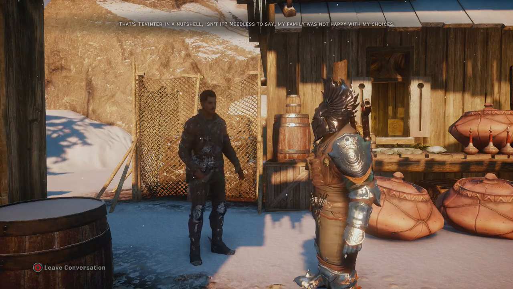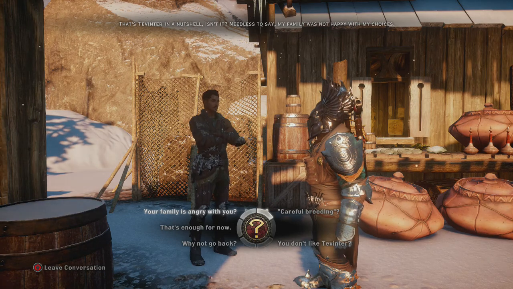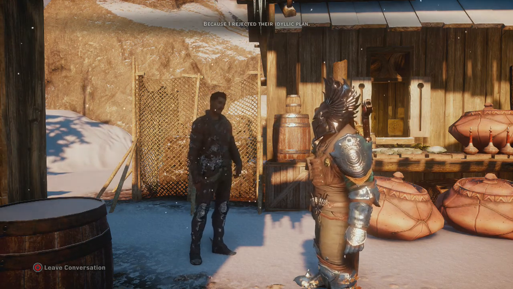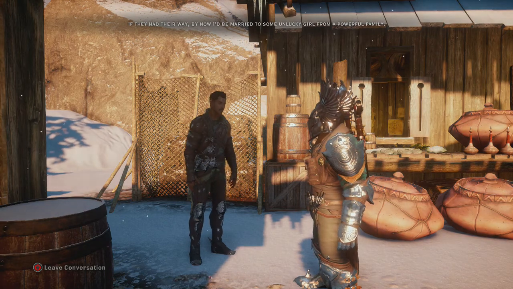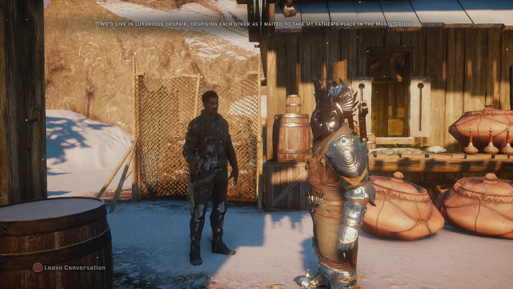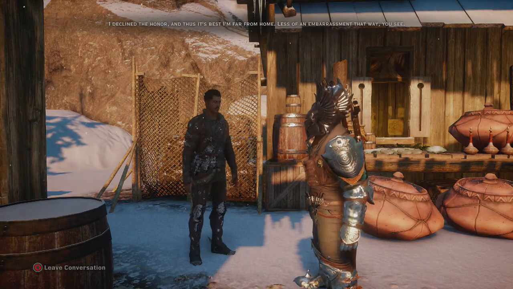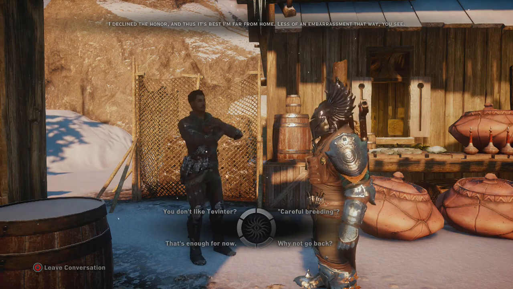Needless to say, my family was not happy with my choices. Is your family angry with you? Why would your family be upset with your choices? Because I rejected their idyllic plan. If they had their way, by now I'd be married to some unlucky girl from a powerful family. We'd live in luxurious despair, despising each other as I waited to take my father's place in the magisterium. I declined the honor, and thus it's best I'm far from home. Less of an embarrassment that way, you see. You don't...